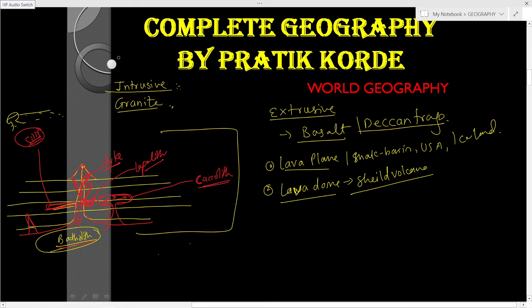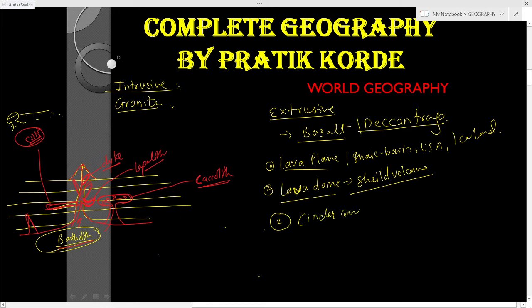So what happens if this is the ground level and this is a source, that is batholith, and when it finds its way to the surface, this lava flows on and it continuously flows on. Alright, so instead of making this type of structure, it spreads along, and that is the shield volcano or lava dome. Okay, the next is